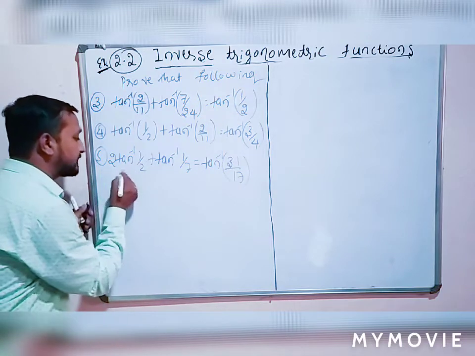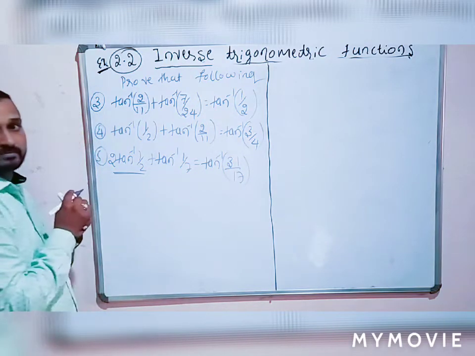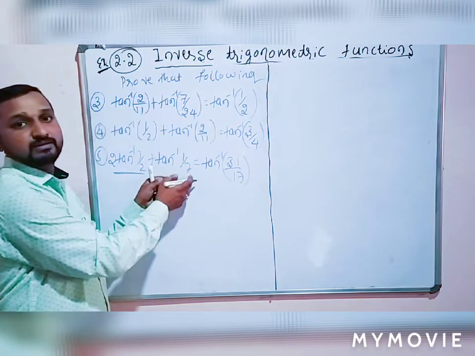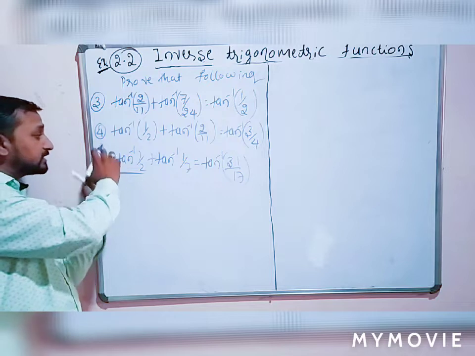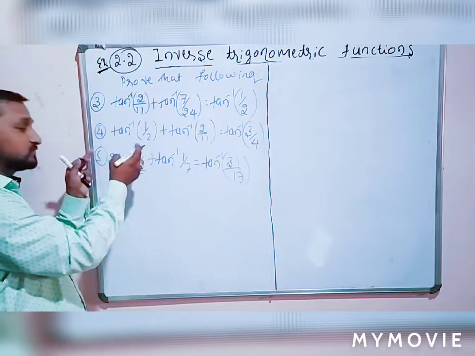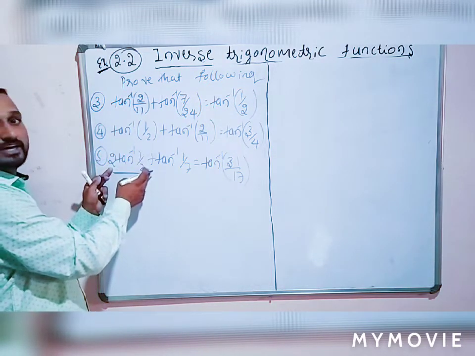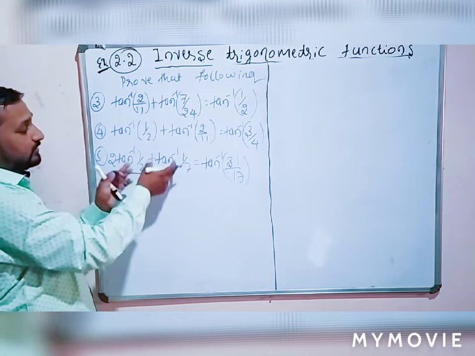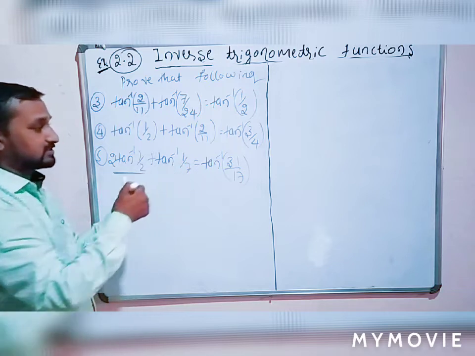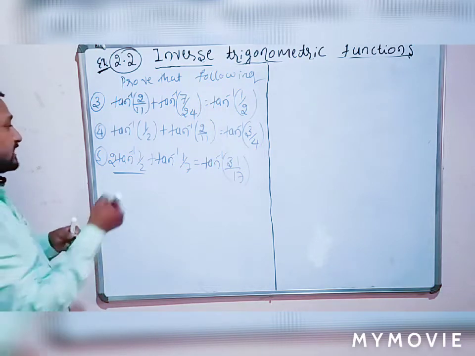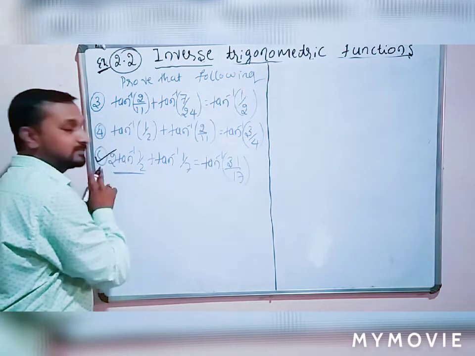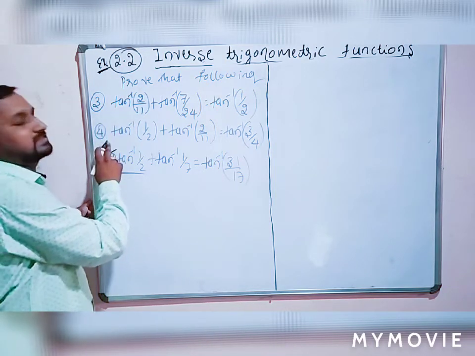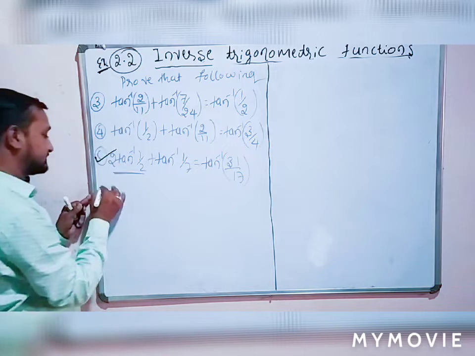But first we simplify the first term. This is not of the form tan inverse of x plus tan inverse of y. It is of the form 2 tan inverse of x. First we solve this first term using the 2 tan inverse of x formula, then we compare with tan inverse of x plus tan inverse of y. Okay, students, I will solve this example only, then these two are your examples. It's a very simple example, sir. Okay, let us take it.